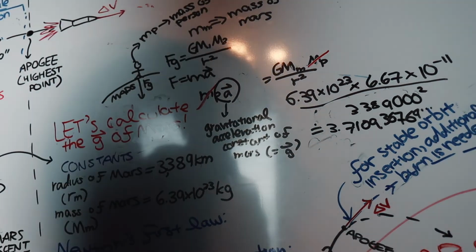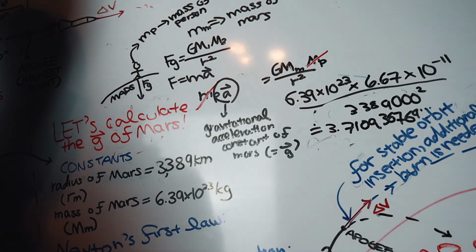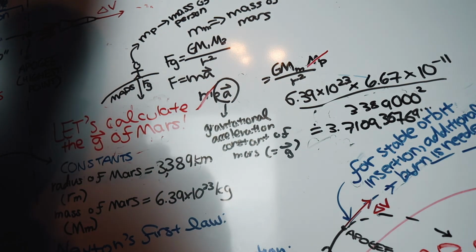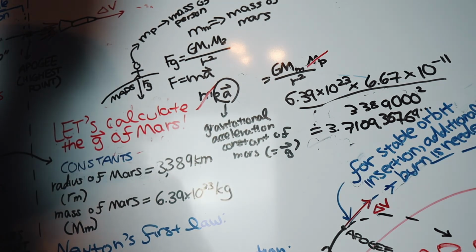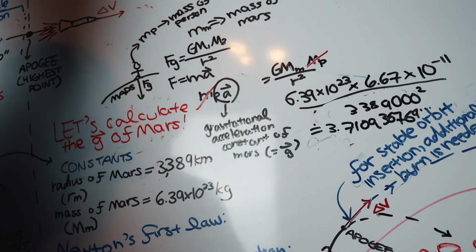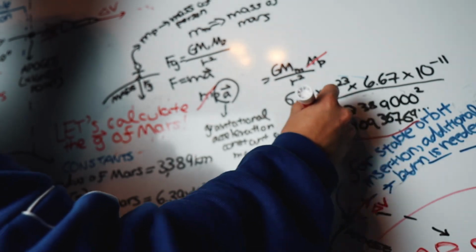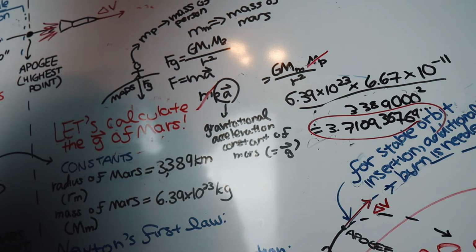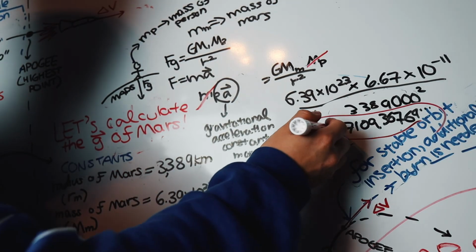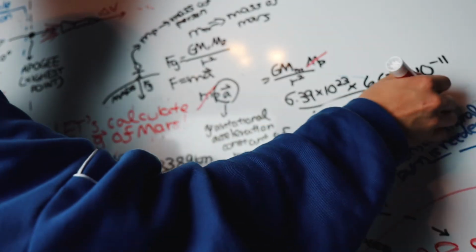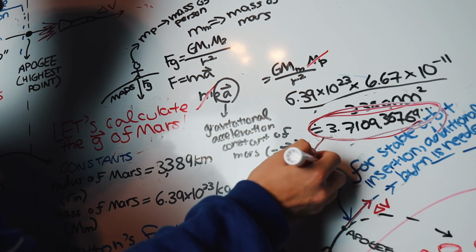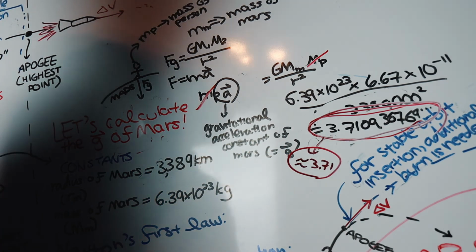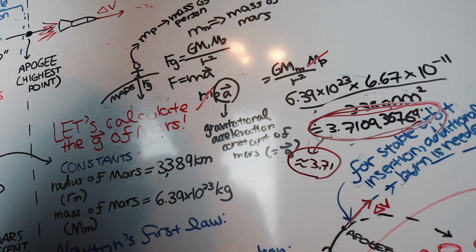In this case, we're not going to use the value that Google derived for us, because then our hard work would be for nothing. So we're going to use this constant that we derived using Newton's first law and the universal law of gravitation that we learned. We derived this constant value, 3.71, and we're just going to write it to 3 significant digits. So okay, there you go. We got the constant value,